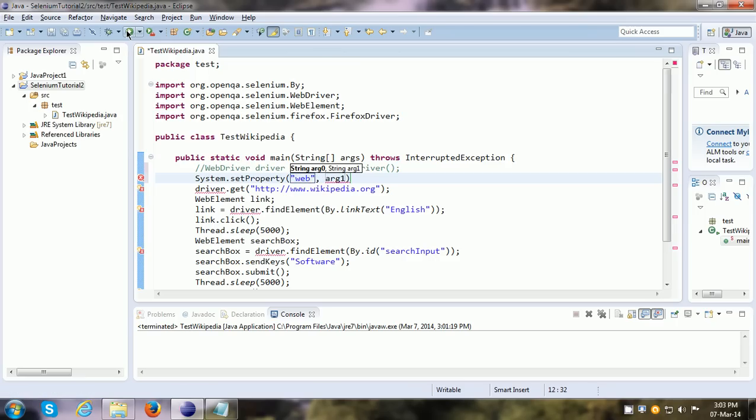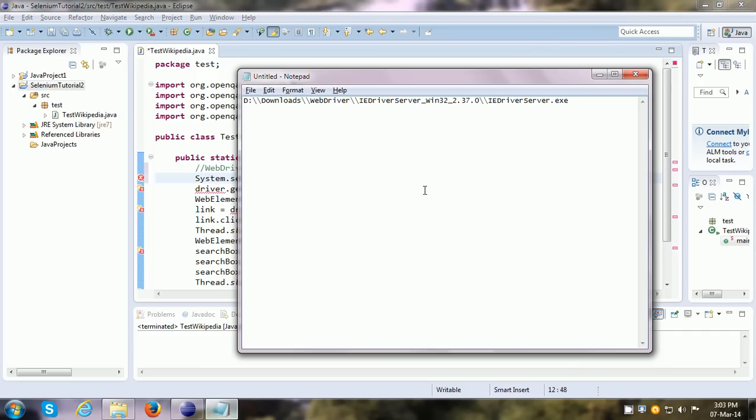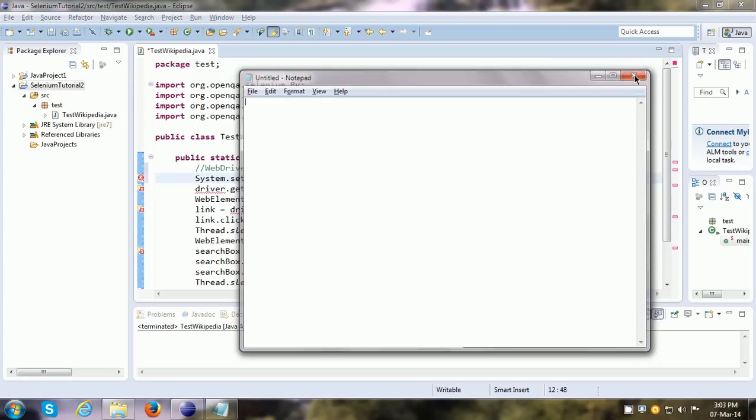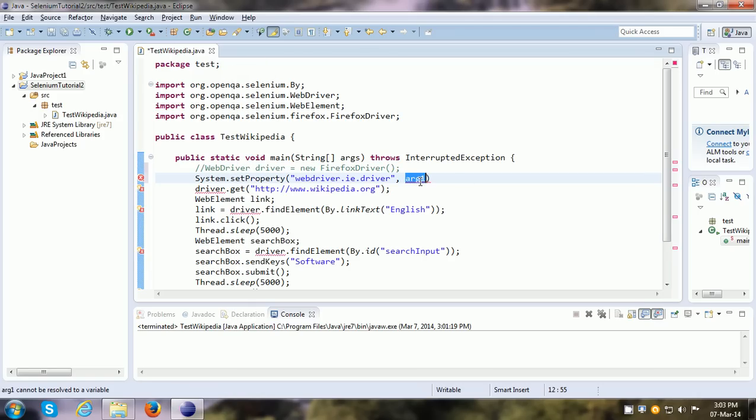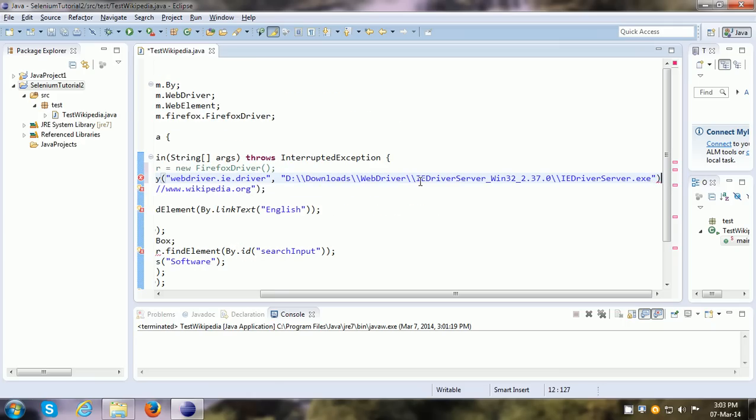This is just a one-time activity: webdriver.ie.driver, and here I have to give the path of where I have downloaded this file. This file is also available from the seleniumhq.org website.